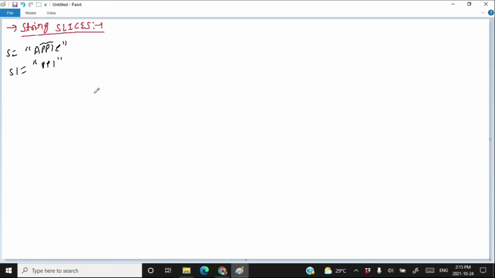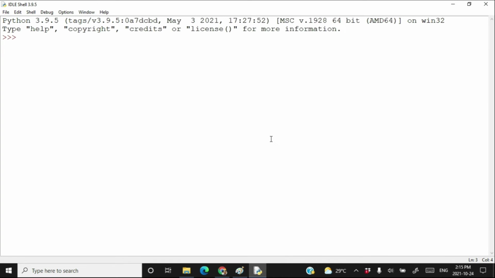Now let's see how we do string slicing in Python. Suppose that we have a string s is equal to amazing. This is the string I have.